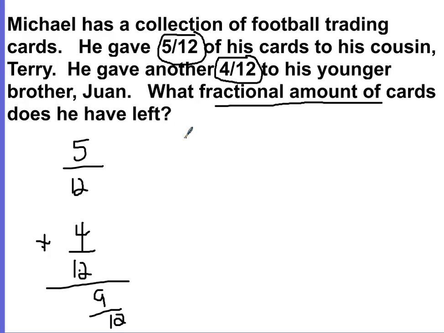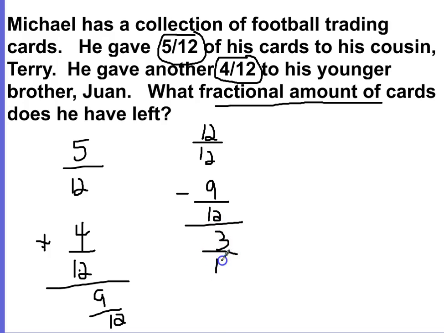So one of the ideas that you probably discussed is his full amount would have to be written as a fraction also. And if we took a look at his total card collection before he gave anything away, it would be 12/12. And he has given 9/12 of that away. And what you need to come up with is the fractional amount of cards he has left. My denominators are still the same. So 12 subtract 9 is going to give you